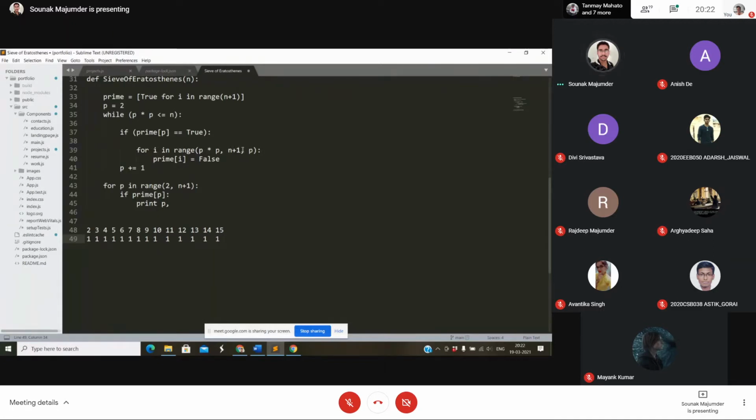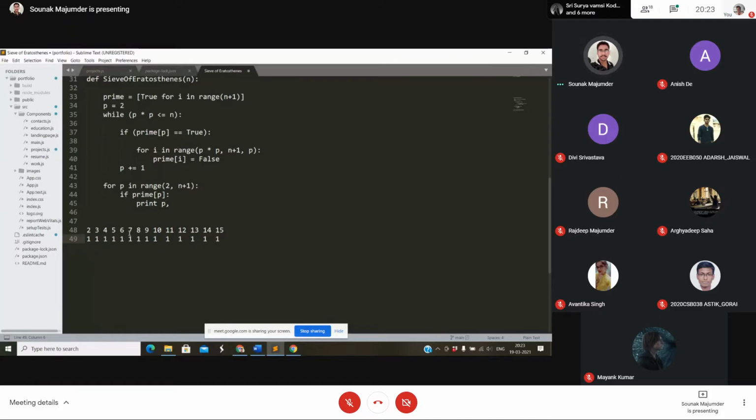As I said earlier, it is in Python, so the loop will run from p square till n, and the value by which it increases is p. So it will start from p square and be incremented by p each time: first p square, then p square plus p, then p square plus 2p, etc. It starts from 2 square, so it's 4, and it goes on like this.